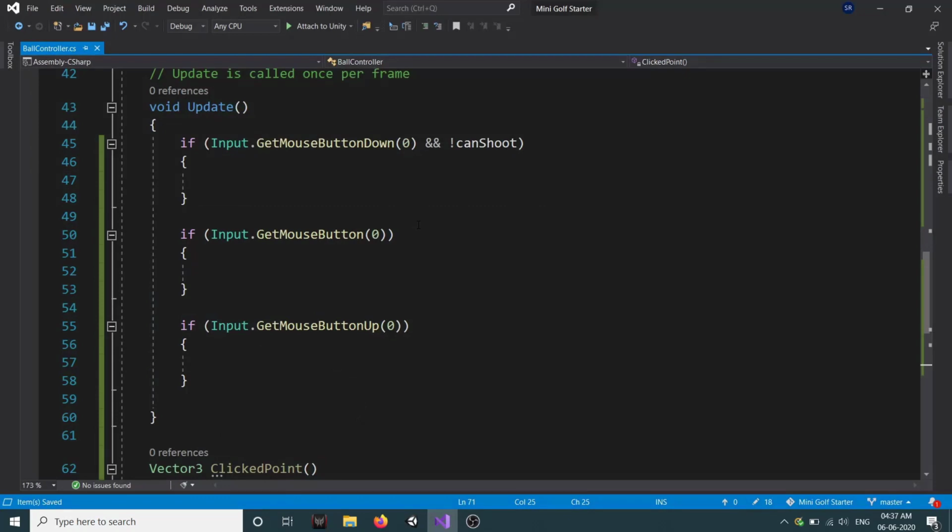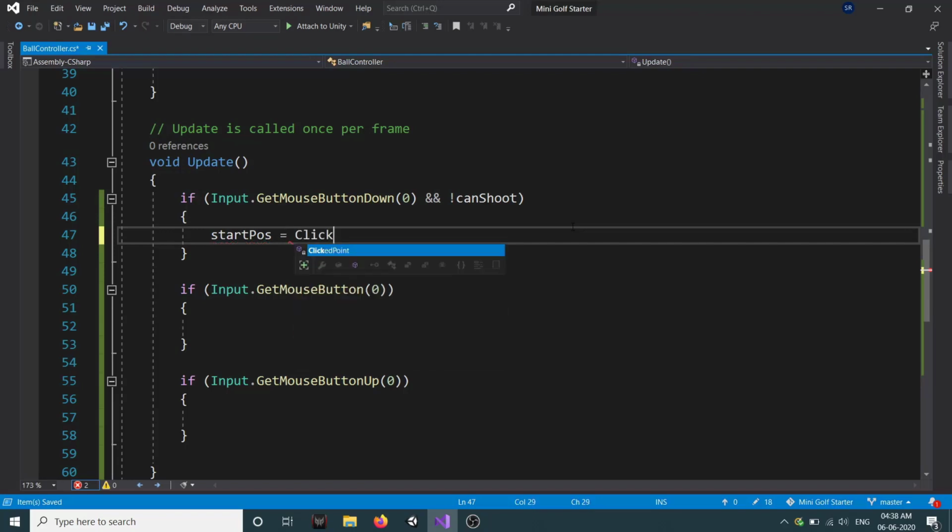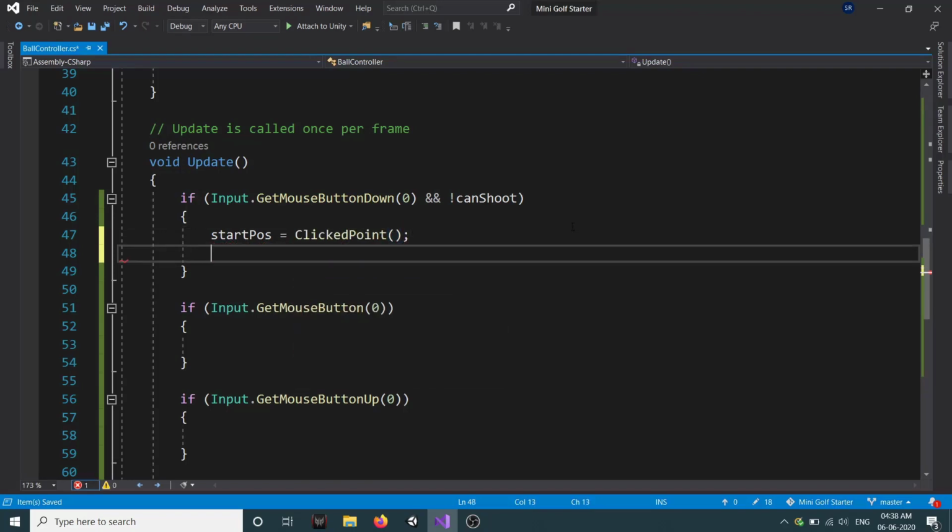So here in the condition, when the mouse is down and can shoot is false, we will set our start pose equal to clicked point. Then we will set our line renderer dot game object dot set active to true.